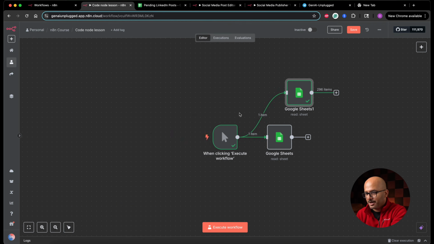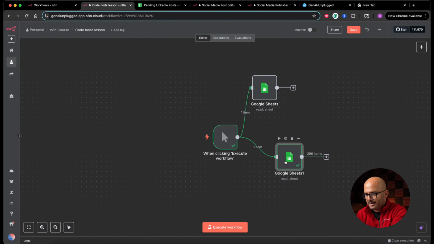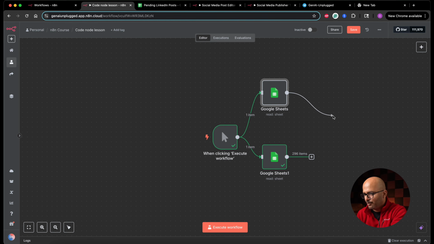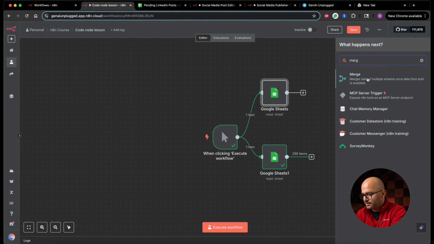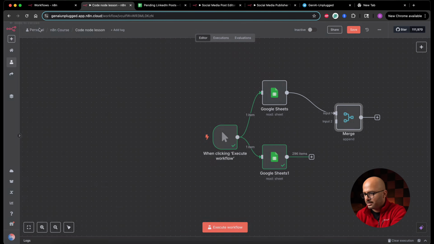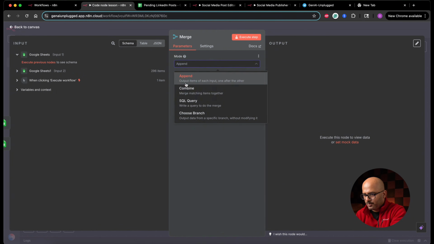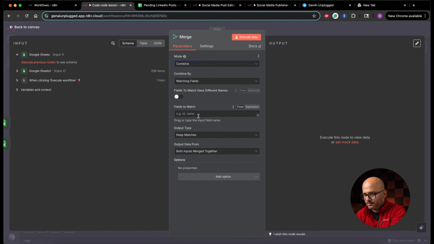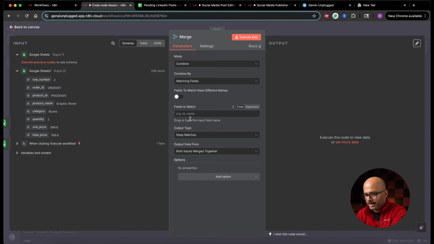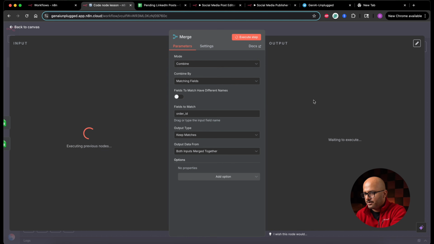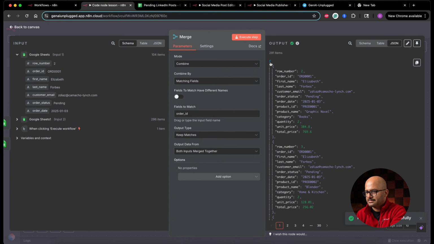So now we'll go back. But first thing we have to do is, so this was our headers data. This is like our details data. I want to merge both of them, and we have already seen the merge node in action. So let's merge this. All right. And I'll put another input over here, and let's configure the merge node. We don't want to append, we want to combine, and we want to combine on order ID. So let's click on execute step. Now there must be 291 records. Yes, there are 291 records, and you can see that order ID 001 is there, in which this particular product ID or product name was ordered,